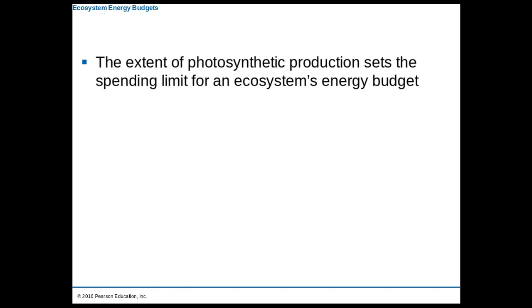Now, the amount of light energy we can convert to chemical energy basically sets our budget for the rest of the ecosystem's energy. So if the plants are able to convert a lot of light energy into chemical energy, there's going to be more energy in the ecosystem. Whereas if there's less and the primary production is lower, there's going to be less energy for everybody else to